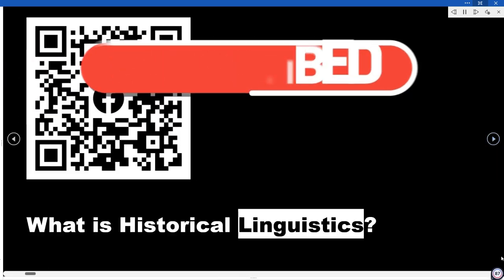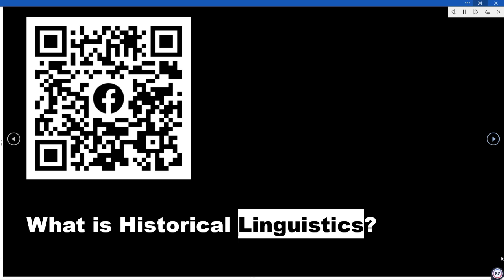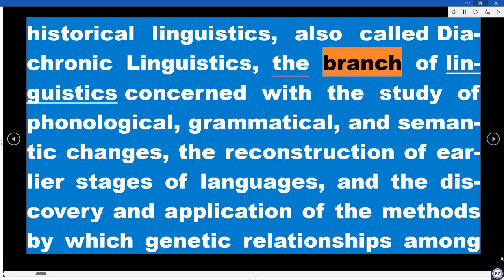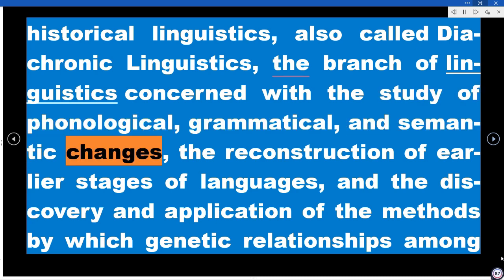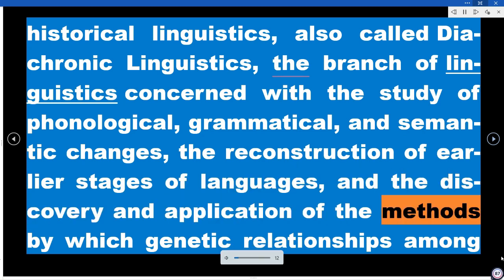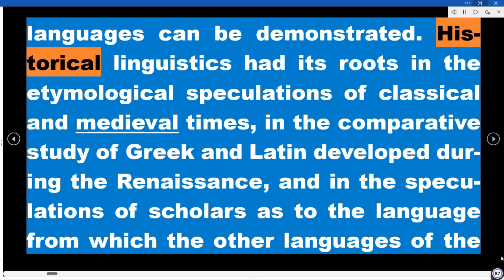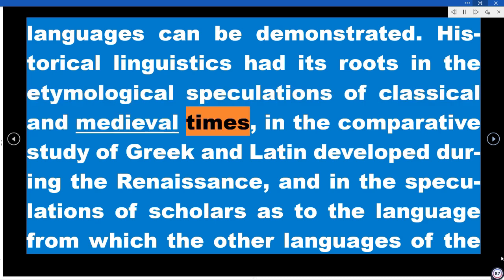What is historical linguistics? Historical linguistics, also called diachronic linguistics, is the branch of linguistics concerned with the study of phonological, grammatical, and semantic changes, the reconstruction of earlier stages of languages, and the discovery and application of the methods by which genetic relationships among languages can be demonstrated. Historical linguistics had its roots in the etymological speculations of classical and medieval times, in the